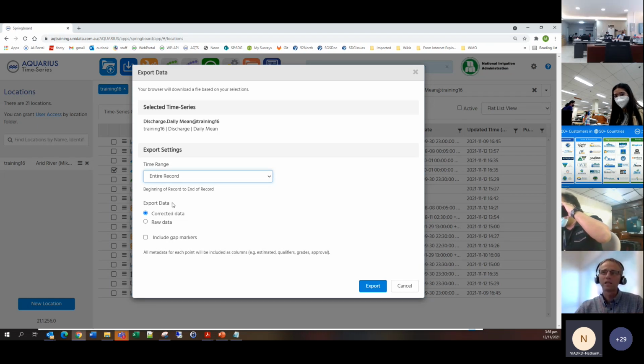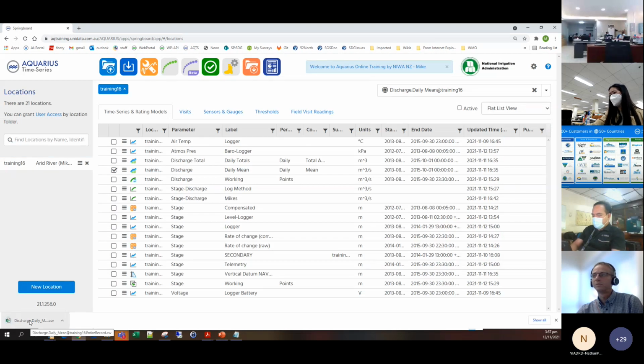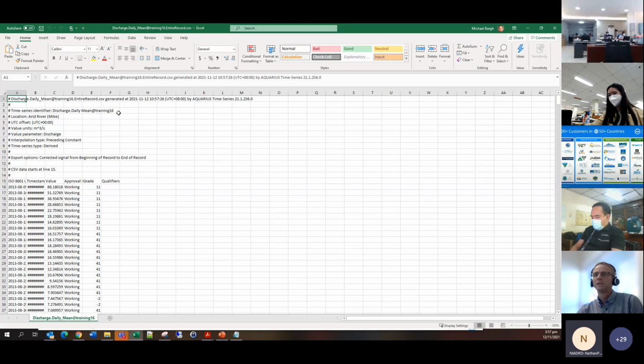So you can ask to export the raw data, i.e. what was first loaded, or you can say what is the best view that we have now. In general, and by default, you're going to export the corrected data, but just be aware you can export the raw data if you choose to. You get the option to say whether to include gap markers or not. And if we then export it, it downloads to your machine as a CSV. And it will include items. If we look at this,